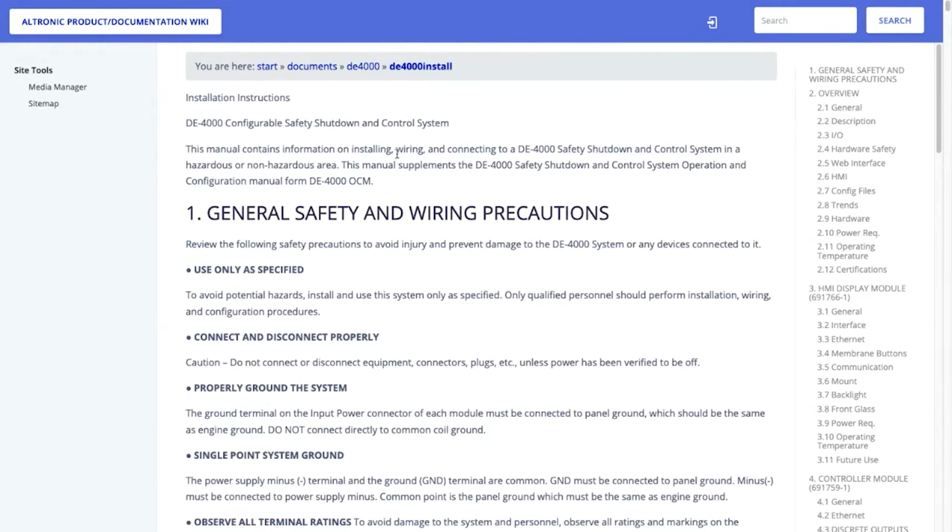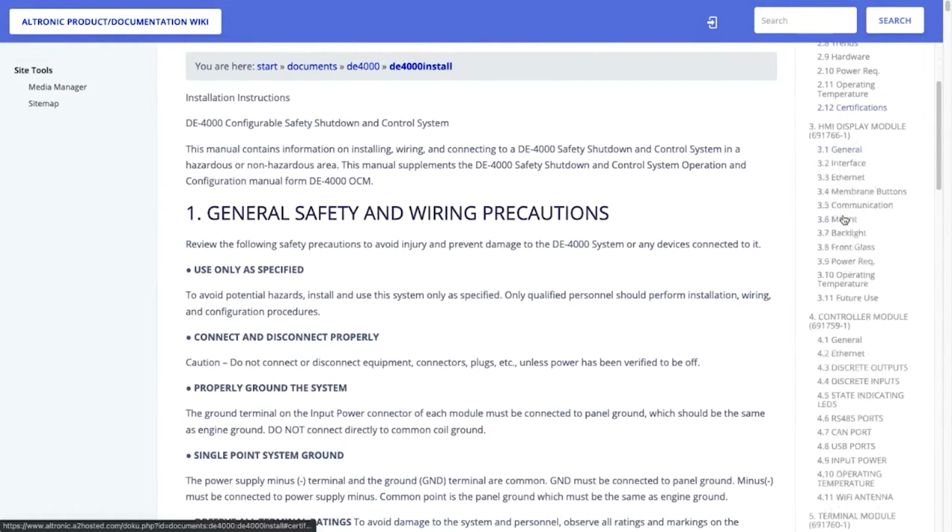And what you see here is you have the content of the document, and then you also have